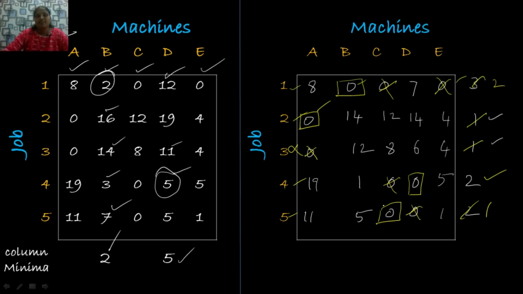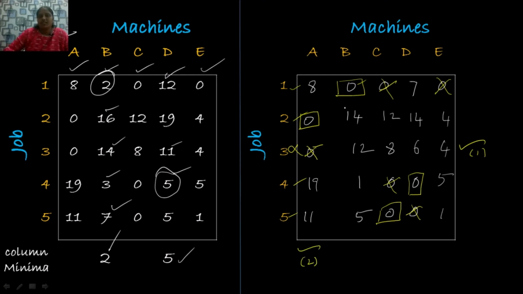For that, mark the row which doesn't have any assignment. So the third row doesn't have any assignment, so mark this row. This is our first step. After marking this row, look at, is there any 0 element? Here there is a 0 element. If so, you mark this corresponding column. This is your second step.